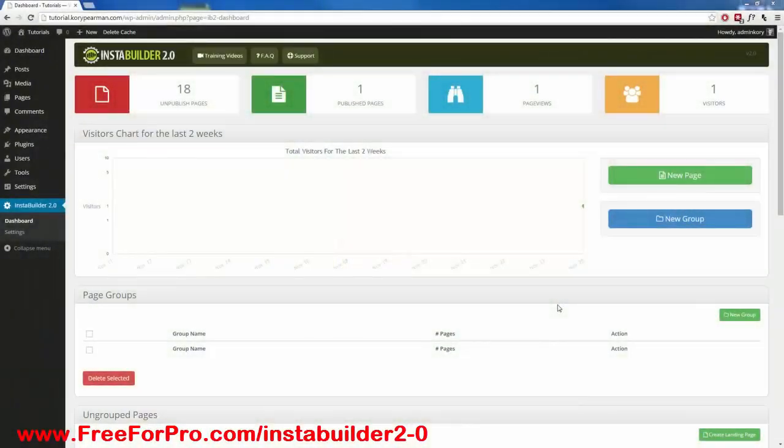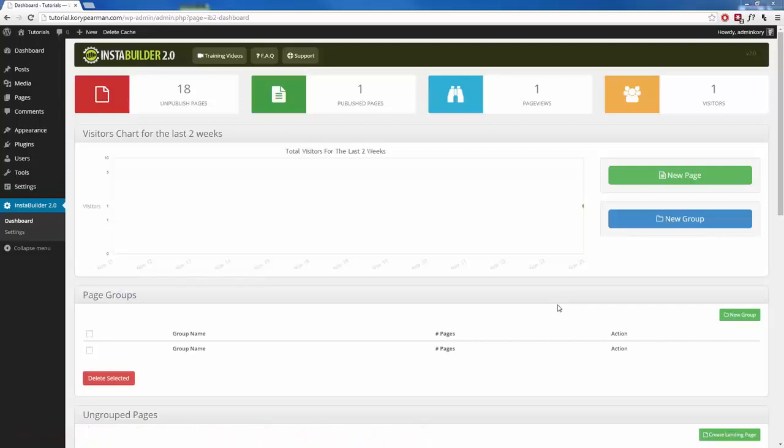Hello, and during this video, I'm going to be giving you a brief overview of Instabuilder 2.0. I'm going to be showing you how it works, how it looks, along with all the different basic functionality that we can do inside of this plugin. So first of all, once you get it installed, you are going to see that we are here on the